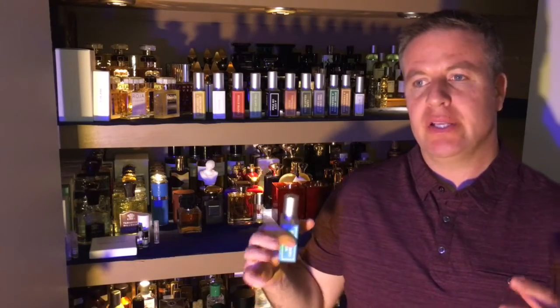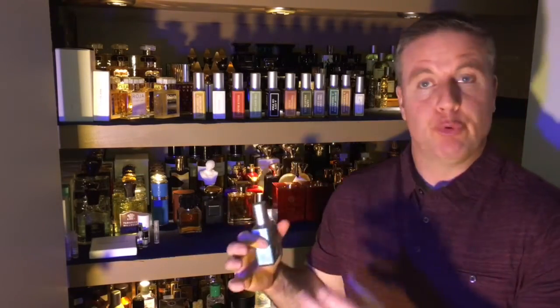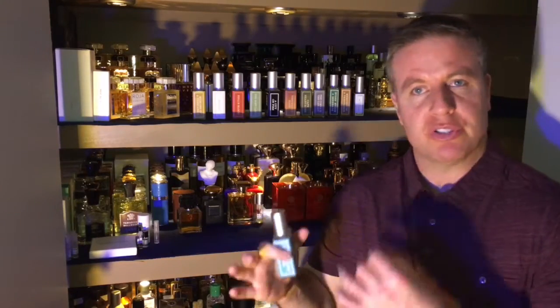You're laying out. It doesn't have any sort of suntan lotion vibe, but you've got a big bowl of fruit punch with all tropical fruits in there. It's almost like another vacation in a bottle for me. This really takes you on that vacation. The way he does the notes in here is just phenomenal. Like I said, the opening half an hour is going to last, then it's going to die down